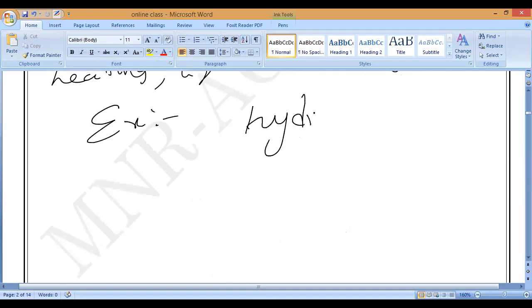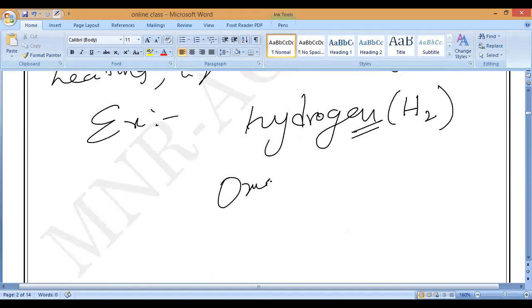What is the symbol of hydrogen? The symbol of hydrogen is H. H2 is that representation. It is a diatomic molecule. Hydrogen is not possible to split up into simpler substances by any usual chemical methods like applying heat energy, light energy, or electricity. That is why hydrogen is called as what? Element.